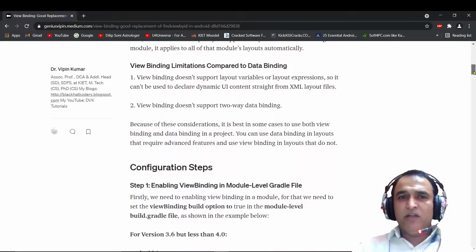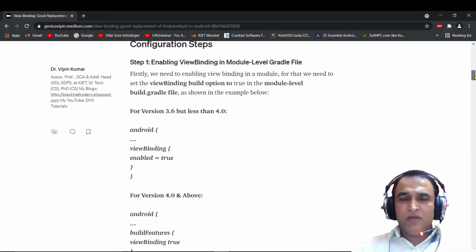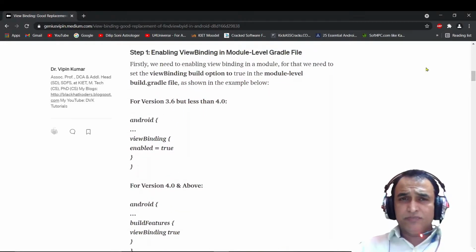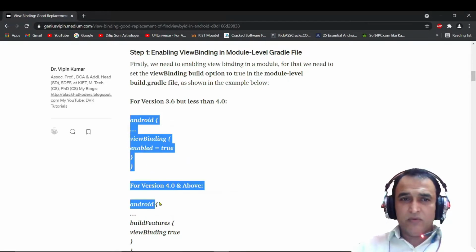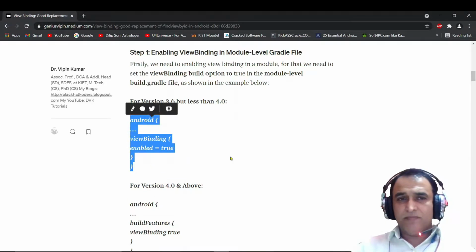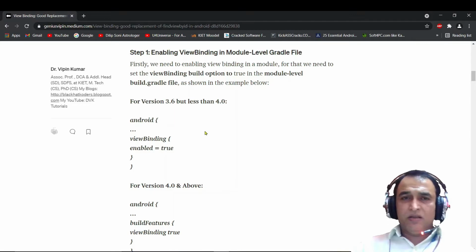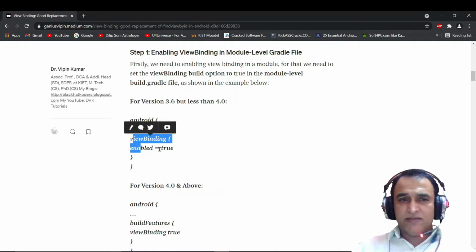So what do we need for configuration? Your Android Studio should be version 3.6 or above. If the version is 3.6 or less than 4.0, then you have to use the module level Gradle file and add viewBinding enabled equal to true.